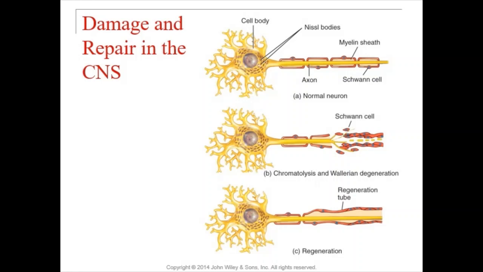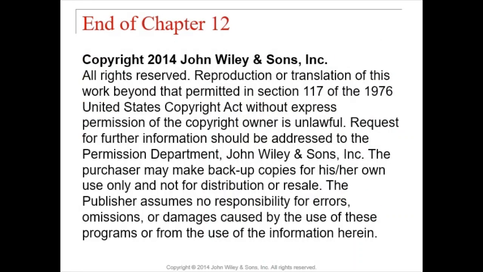That's it. And like always, keep it simple. First step, Wallerian degeneration and chromatolysis. Break down the part of the axon not attached to the cell body. Step 2, axon grows. Axon is growing. Step 3, regeneration tube formation. What happens here? Schwann cells make myelin to form a regeneration tube to guide the axon towards its location. And then step 4, the axon